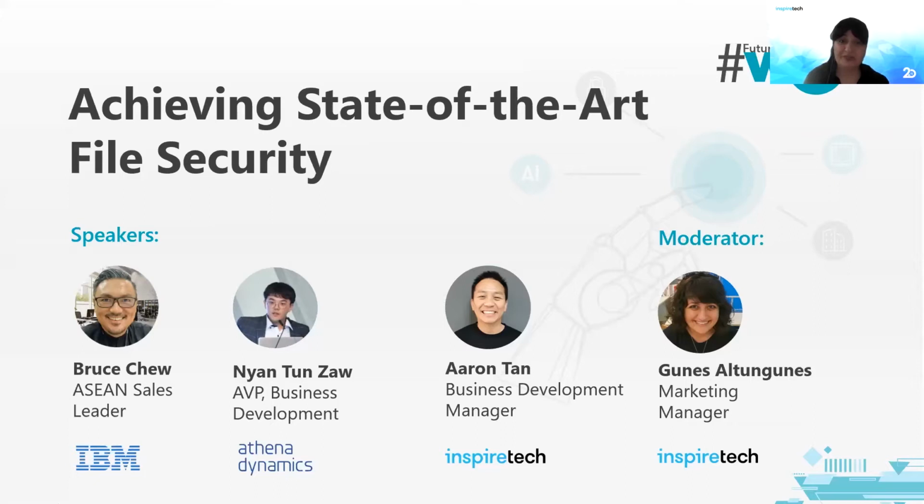And we have Bruce Chu from IBM, Nyantan Zhao from Athena Dynamics, and Aaron Tan from Inspire-Tech with us. As you all know, IBM is a leader in software-defined storage, and they have been recently recognized by Gartner as a leader in its Magic Quadrant for object storages, which is 5th year in a row this year. And Athena Dynamics is a cybersecurity consulting distributor in Singapore. And as the APAC headquarters of Sasa software, they've been protecting organizations with GateScanner CDR technology for more than half a decade. And Inspire-Tech provides easy-to-use and secure software products to boost workforce efficiency and productivity in both public and